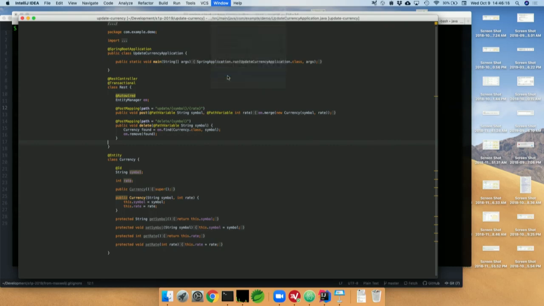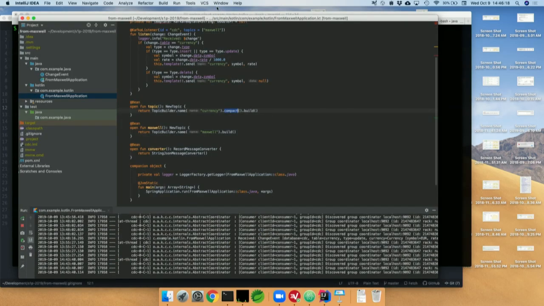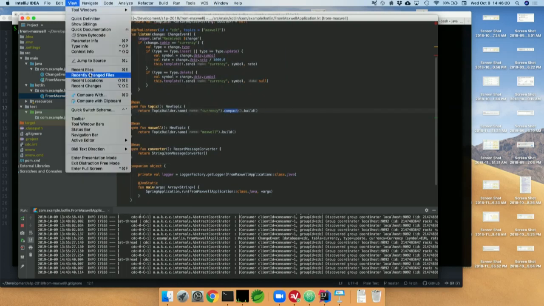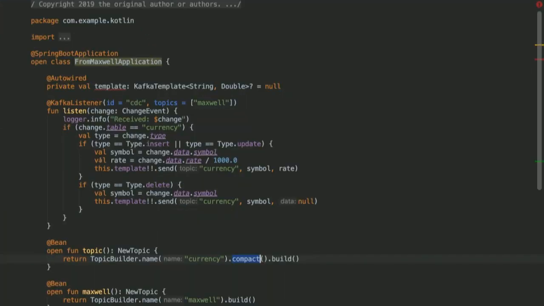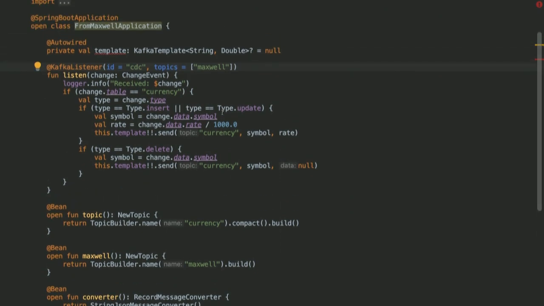The second app is a Spring Kafka app that is basically consuming from that topic that Maxwell is writing to. As we can see here, this is a Kotlin version, since, as Viktor advertised, this talk promised Kotlin. But in the GitHub repo, there are both Java and Kotlin versions. The good thing about Kotlin is that even if you've never seen Kotlin, you look at this one and you understand it. I cannot say the same about Scala. I'm sorry.